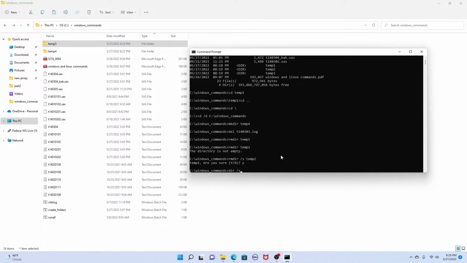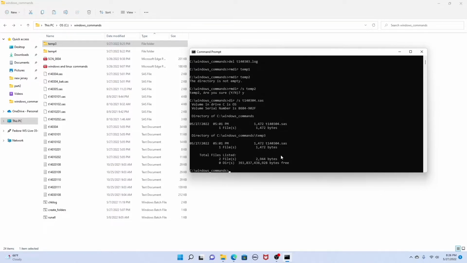/s and followed by the file name. So it's going to be t140304.sas. Okay, so you can see this command found the file in two locations. One is in C Windows Commands, the other one is in C Windows Commands temp3. Okay,